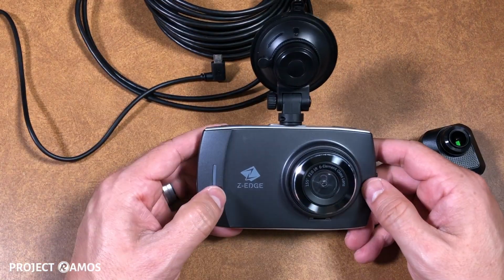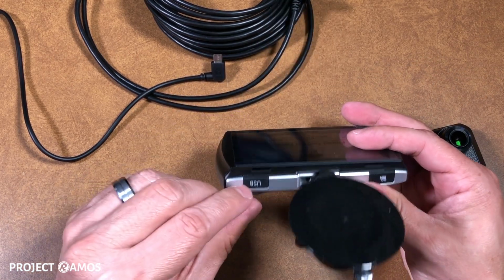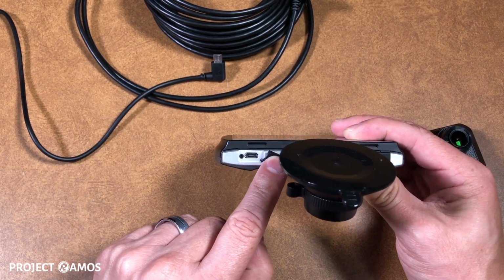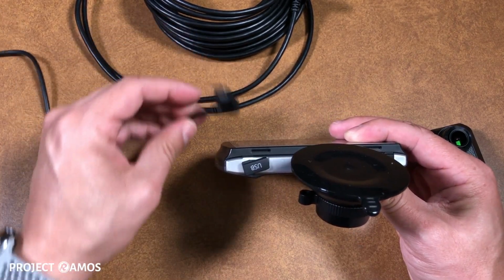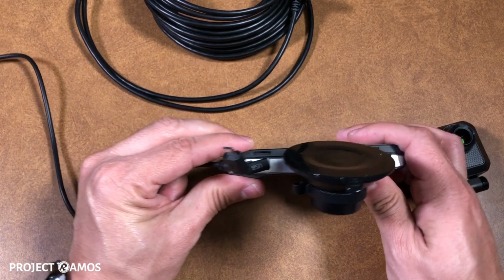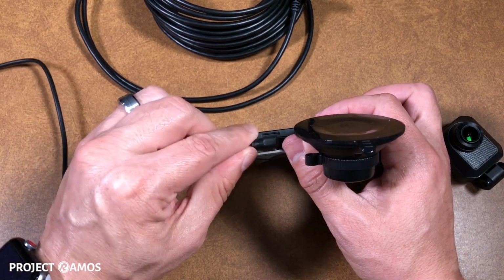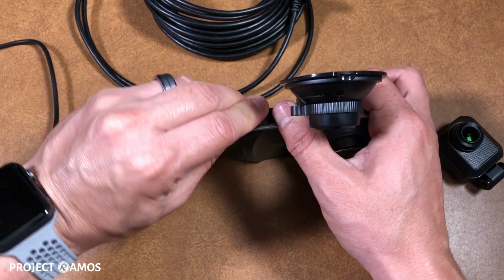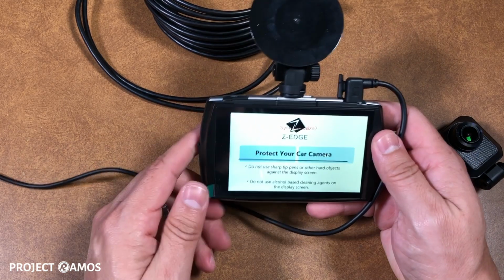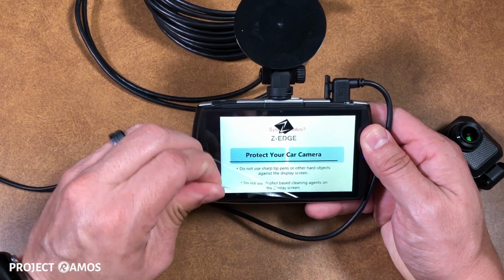So the next thing that we're going to do is we're going to plug the camera into power. And the power port is found up here, labeled USB. So you can tell it's a micro USB connection. And I've got the micro USB cable plugged into a wall adapter for this demonstration. So we're just going to take this and plug it right into the camera. And we are now plugged in, and as we can tell, the camera is now powered on. So we're going to go ahead and take this protective piece off of here,